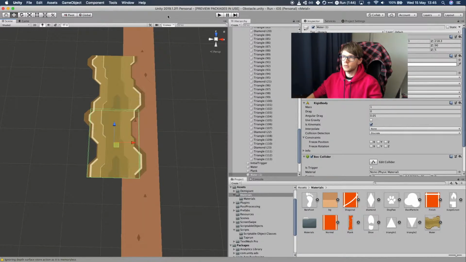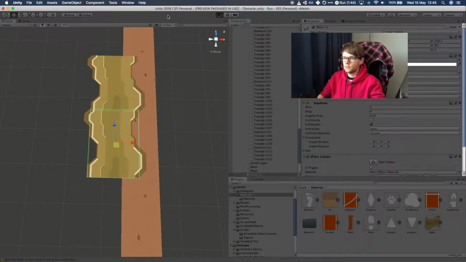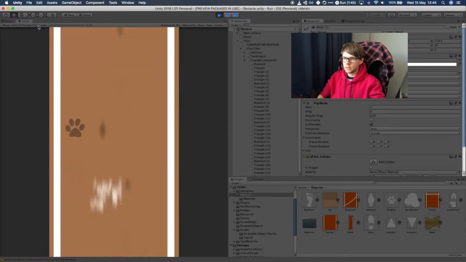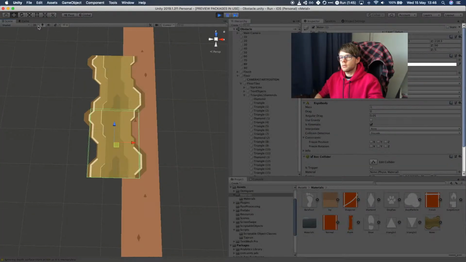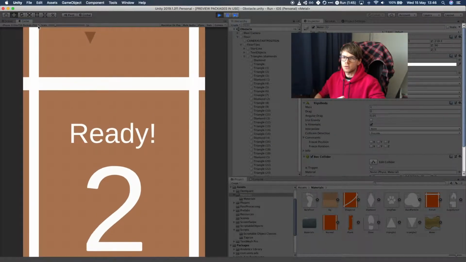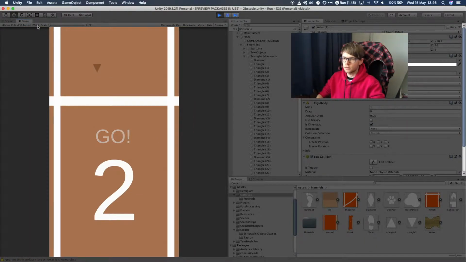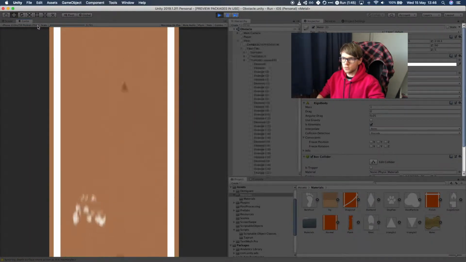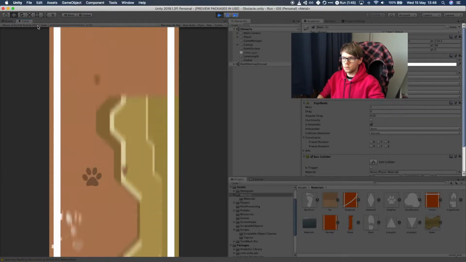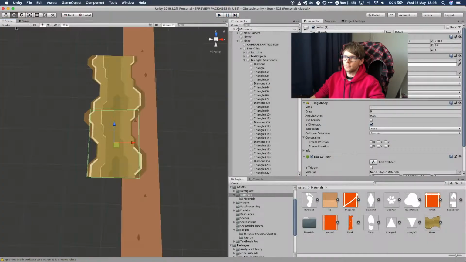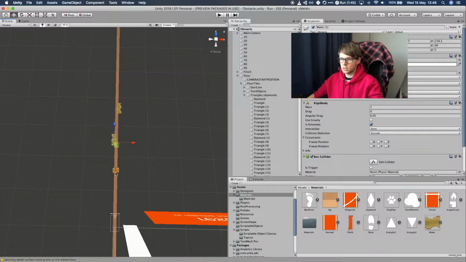Another thing I found is that, let me play the game for this, the obstacles come by very fast. You have hardly any time to react to them, which feels almost like a rage game or something. Just throw things at the player and see how they react. But I don't like that, so I think I'm going to do some sort of way to know beforehand when obstacles are coming. So what I thought of doing was, as you can see here,